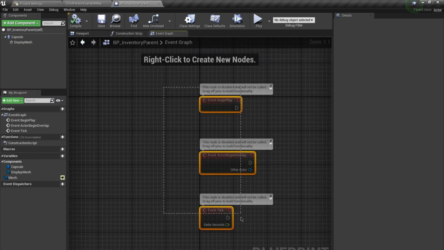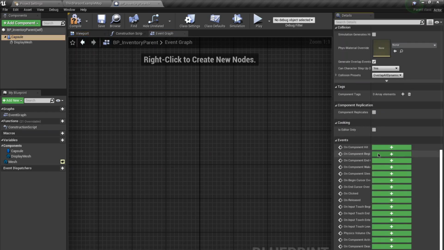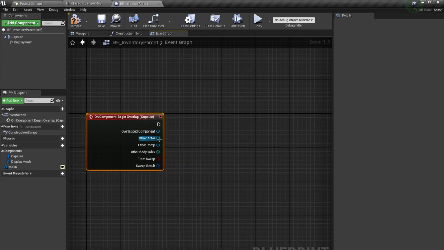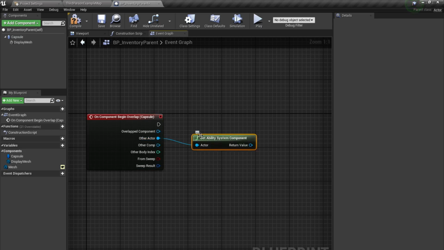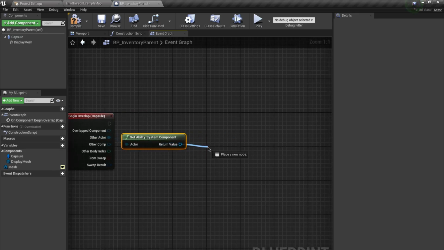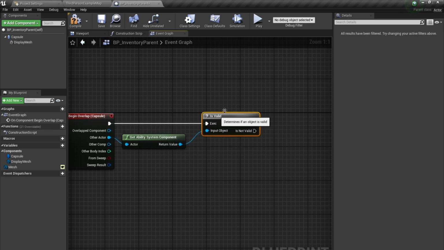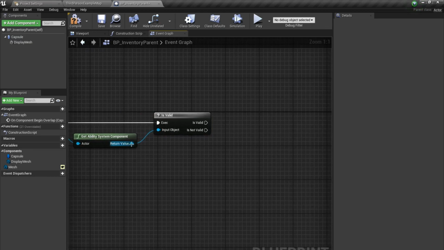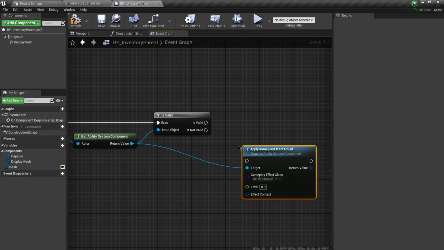And inside of the event graph, I don't need this. I want to add an event for my begin overlap. Okay, and over here I'm saying from the other actor get ability system component and is valid. So if this is valid, what I want to do is, okay, so drag out from here, apply gameplay effect to self,